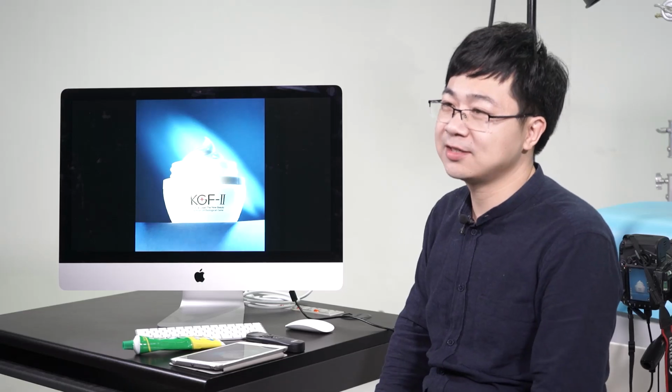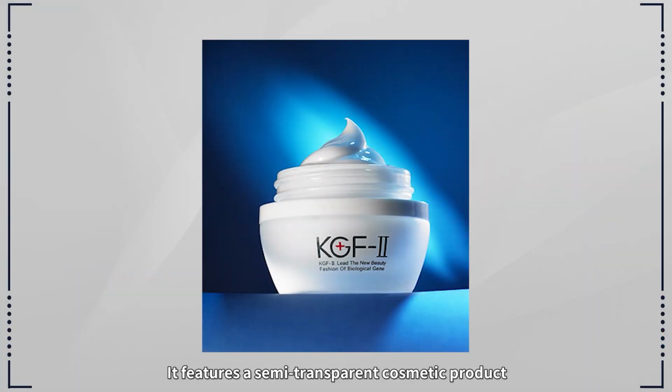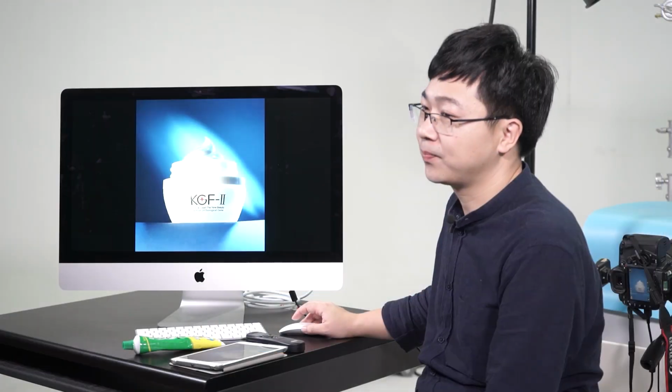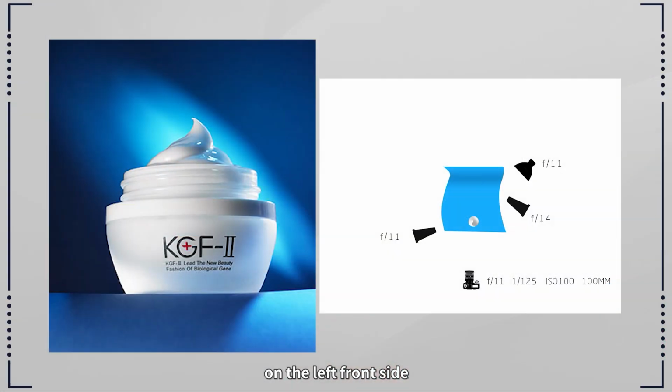Now let's take a look at the case study for this lesson. It features a semi-transparent cosmetic product and uses extremely narrow beams of light to depict the product and the background behind it. In terms of light position, there is a small highlight on the left front side of the product at about 45 degrees, creating a narrow beam of light that illuminates the front half of the product, particularly the brand area. On the right side,